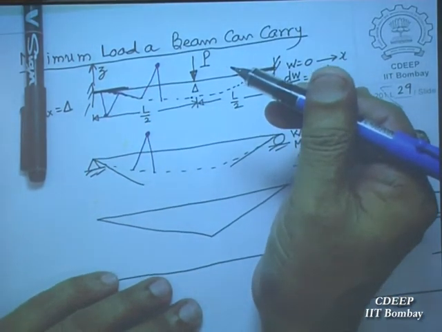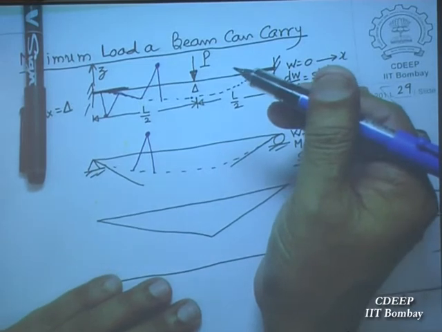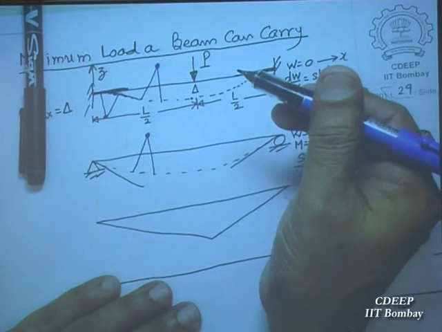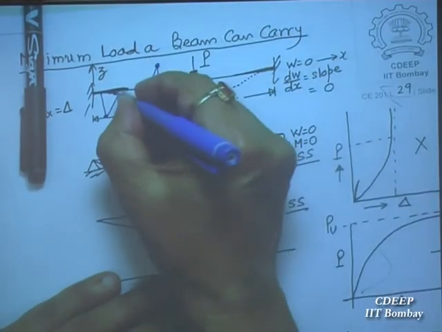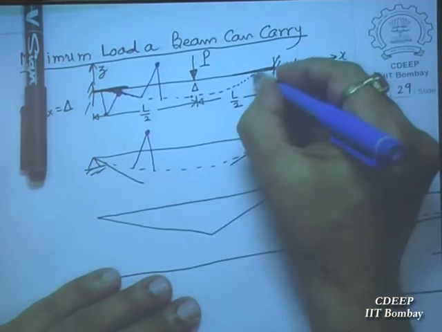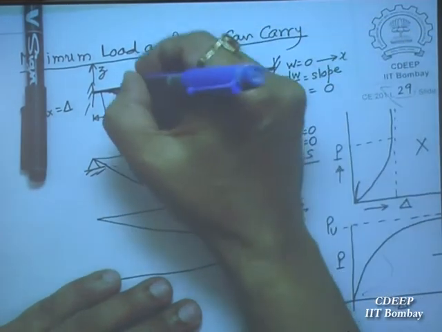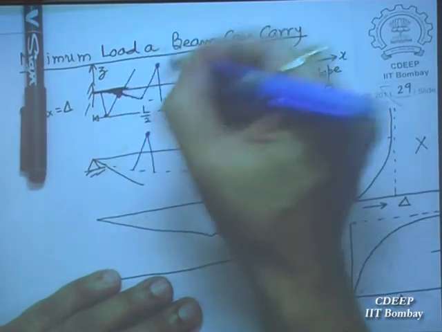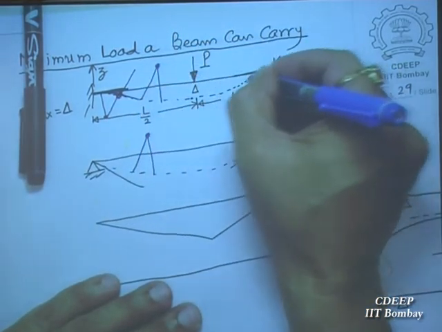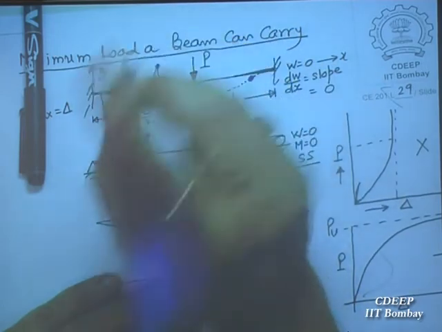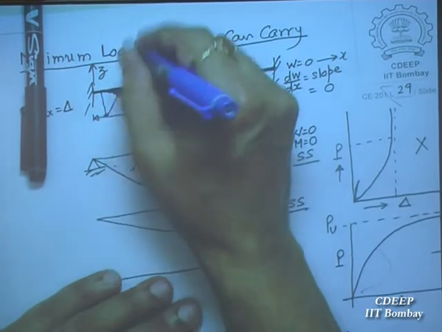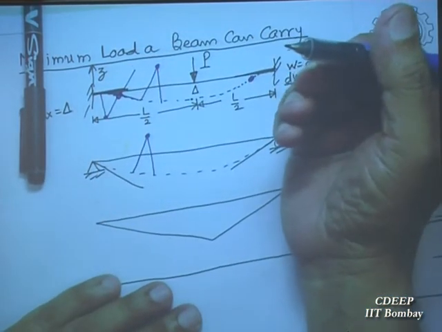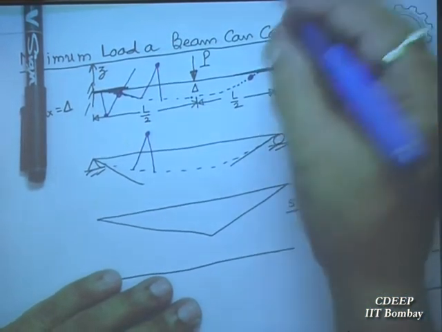I think I have told you one point. What is that point called? Contraflexure, the point where moment changes its sign, where moment goes from positive to negative. That means zero moment. There will be a point of contraflexure here and here, because the curve changes its curvature there. So there will be zero moment. Point of contraflexure means moment becomes zero, and physically the curvature changes its sign.